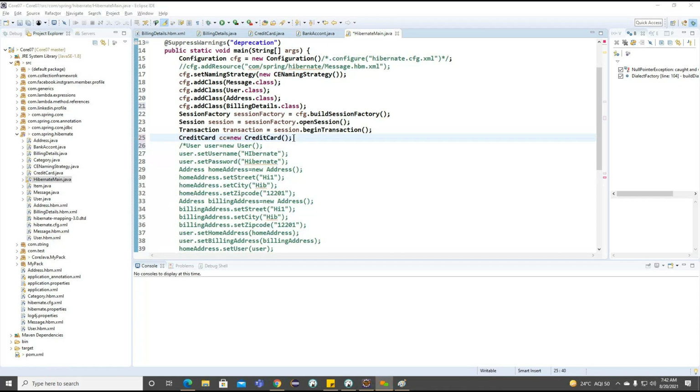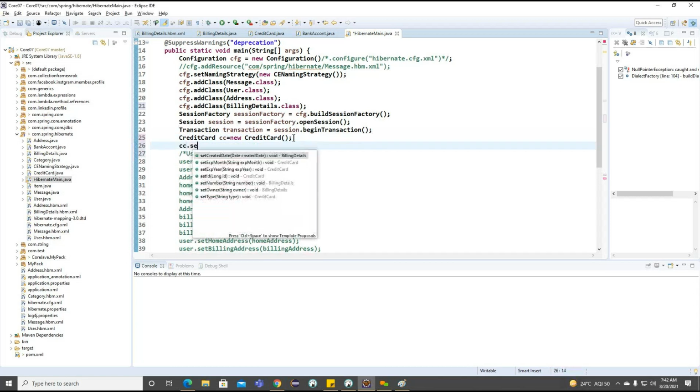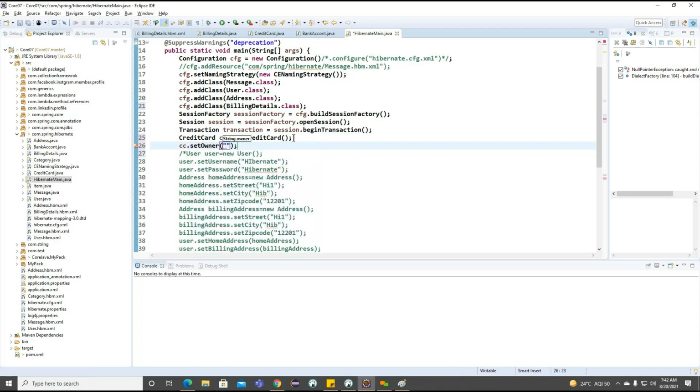Once we created this particular credit card here, now how are we going to store the data? cc dot, so ID, we are not going to set the ID, and first we'll provide the owner information. So owner here, I want to provide.